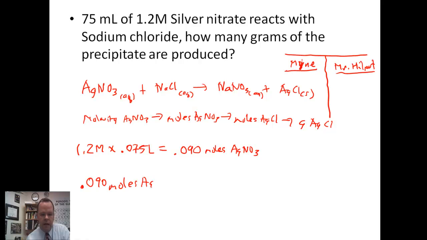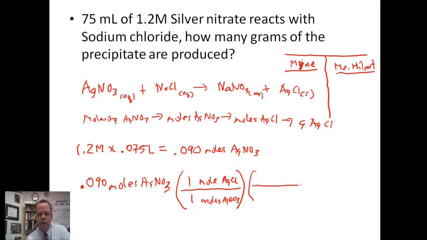Now for the stoichiometry step, 0.090 moles AgNO3. We're going to go mole to mole, so I want moles AgCl. I want to get rid of moles AgNO3. It's a 1 to 1 ratio. And then I want to go to grams. So for 1 mole AgCl, get the molar mass,